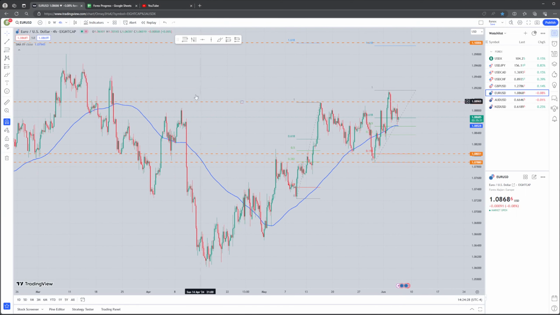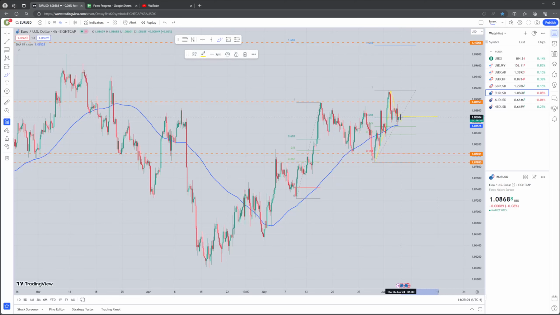Okay, Euro USD. For Euro USD, we also have a nice uptrend. The market is behaving consistently above the moving average line, and the trend is definitely up here. A few days ago the market faked out a little bit here, which is totally normal, and since then the market has made a nice up leg, then retraces into a good zone here, at the Fibonacci